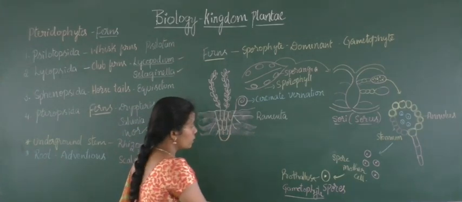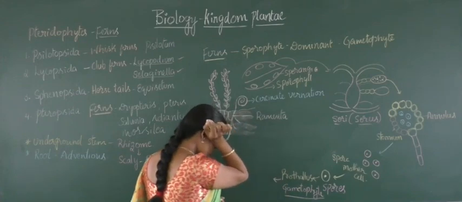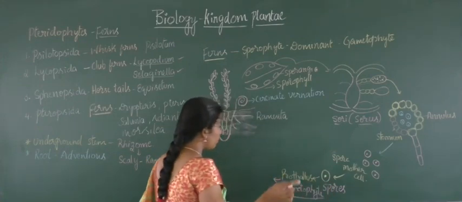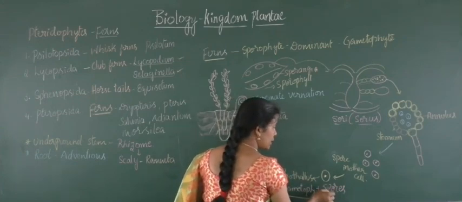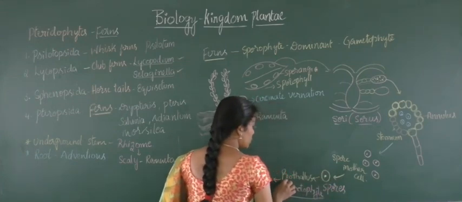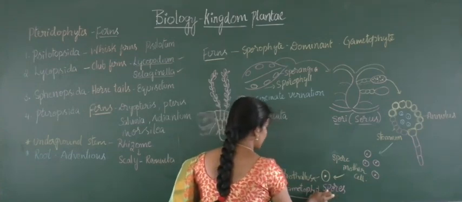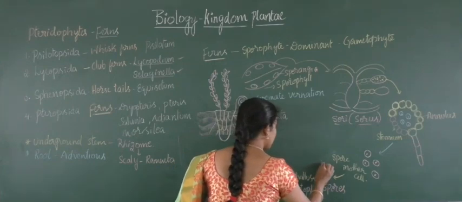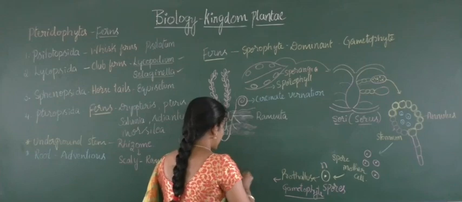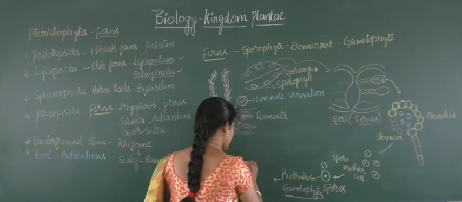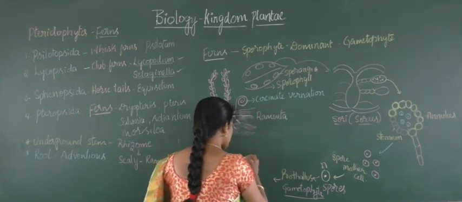And this gametophyte, a prothallus, is developed from the spores. Remember, the origin of the prothallus is from spores. These are CET questions. Where will be the origin of prothallus in pteridophytes? Spores. And what will be the ploidy? That is n. Remember. And this prothallus will develop from spores, and it arises just like a cordate structure.